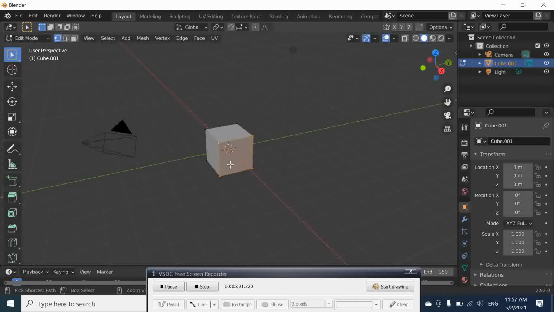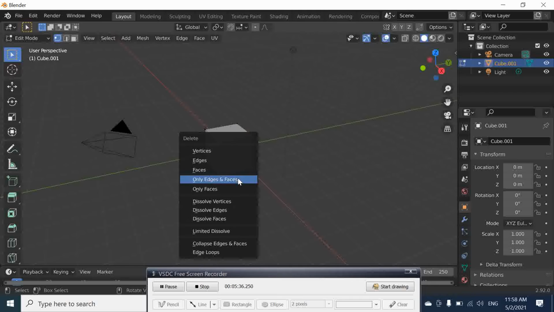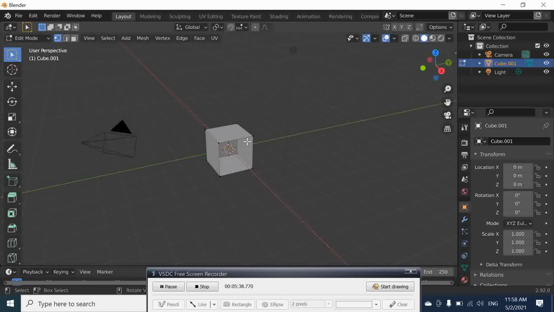We go to Control Z again, right? There are many things that you will be able to do here. We select everything again, then X. Here only the face is deleted. Our connected edges and vertices remain there. Now you can see the bottom face of this cube that's there behind. If we go again to Control Z, we have our initial object.